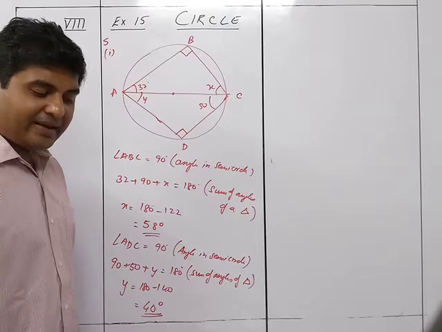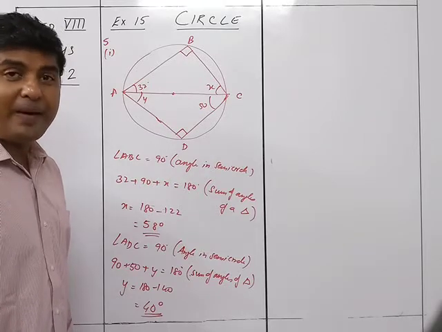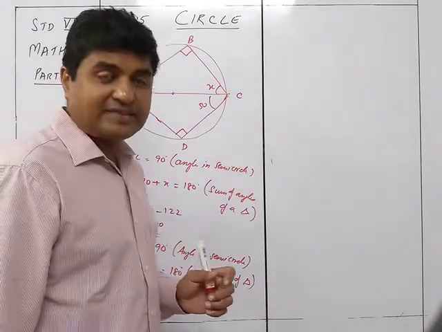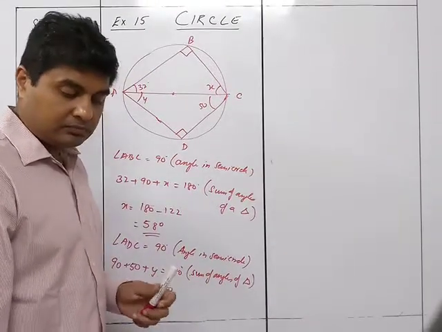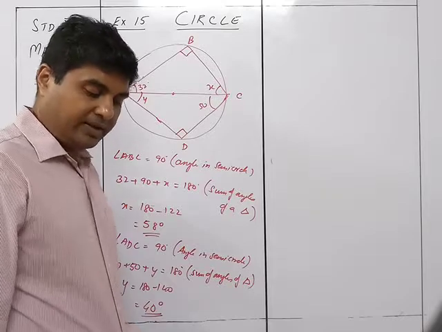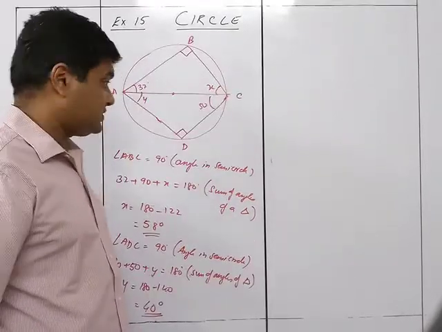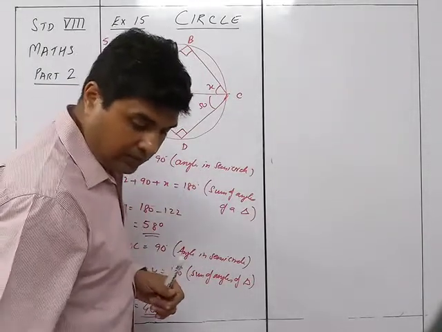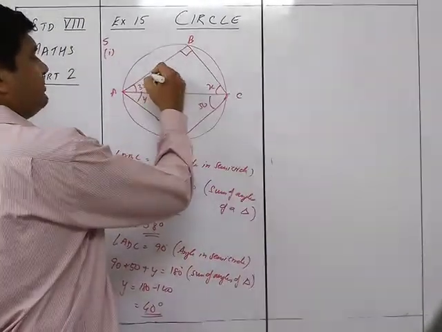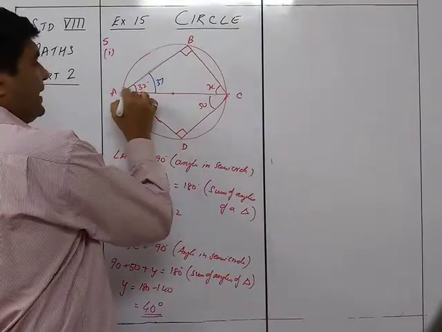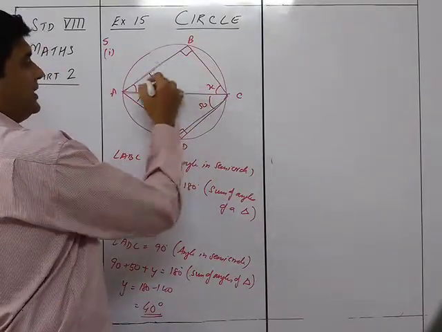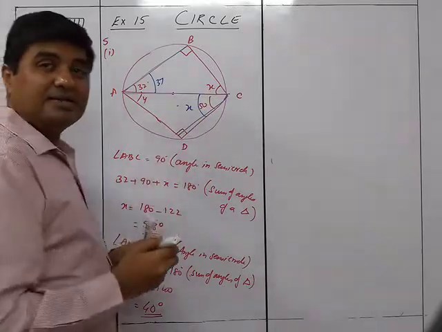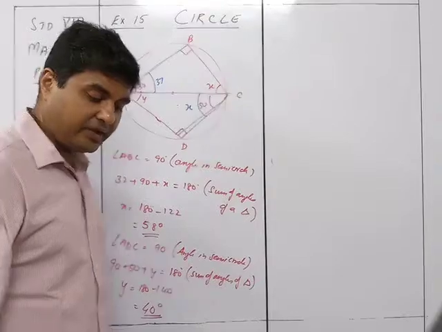You can see the second part is exactly similar to that, but the only thing is they are given parallel lines. So because of parallel lines, you will get x is equal to 37. In the second part, they are given that this line is parallel to this. So if this is 37, they are given that this is 37. So by alternate angles, this will be equal to this angle. So x will be equal to 37 in the second sum. Okay, that is a hint given to you.